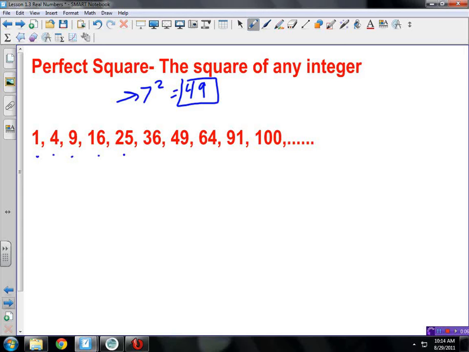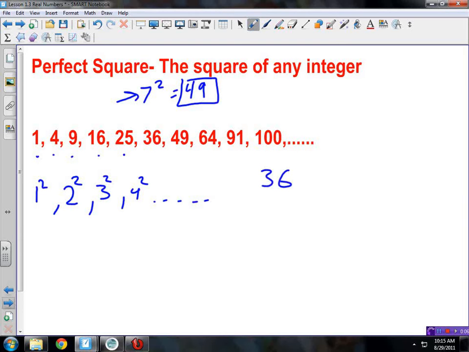There we go. So all of these are associated with, 1 is associated with 1 squared, then 4 has 2 squared, and then 3 squared, and 4 squared, and so on and so on. So all of these squares have nice looking square roots, right? That's why they're called perfect squares. Right? Perfect squares, because their answers are perfect. Now let's look at